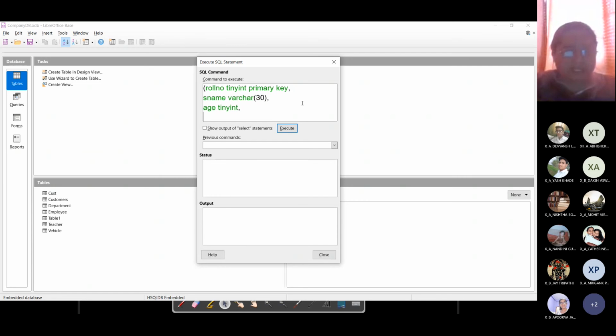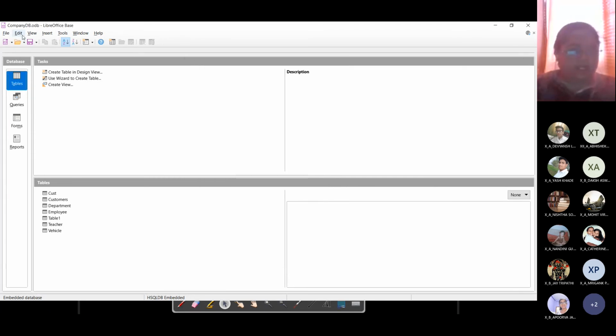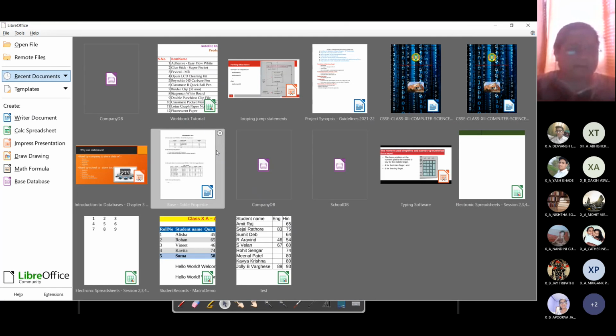and we are also taking another one, that is class, and here the class will be char, for the class number and one for the section, and that will do it. And semicolon after that, and the command is successfully executed. But to see the effects of the command, we need to save it, and we need to close this database, and we need to open it once again.